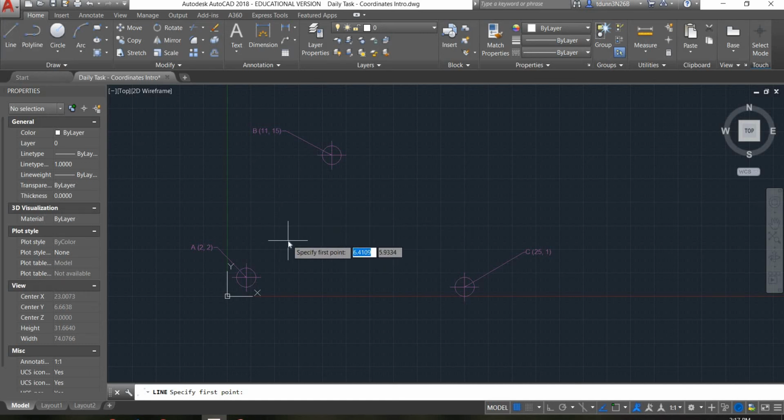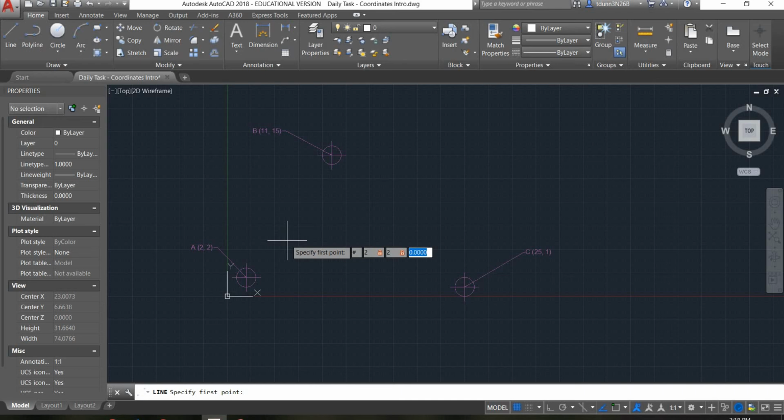Now, I could easily type in 2 and call it a day, but I don't know if these are the absolute coordinates, and I don't want to play these games with this machine. So I'm going to actually type in hashtag or the pound symbol, shift 3, to activate the absolute coordinates. So now I have 2, tab 2. If I press comma, yes, it will take me to the next selection, the Y value. But if I messed up and wanted to go back to X and press comma again,